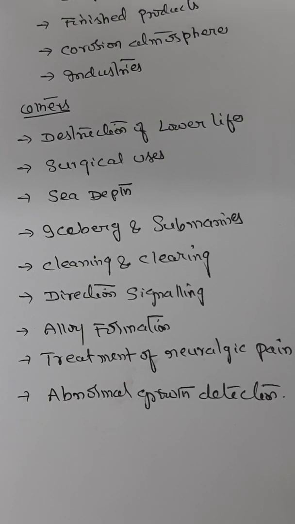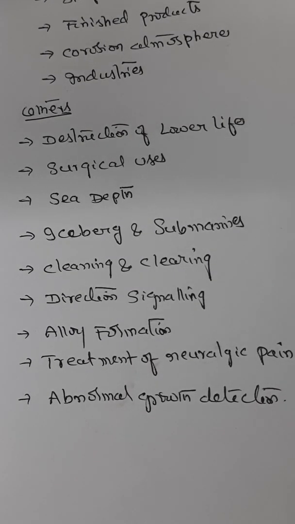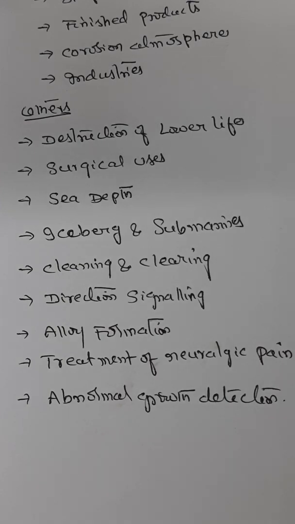And depth of sea. Determining the depth of sea is possible. Depth of sea or lakes, position of a ship or a submarine, that is possible through the echo principle using ultrasonic techniques. And of course, using ultrasonic techniques, you can have the detection of an iceberg or a submarine. A sharp ultrasonic beam is directed in various directions into the sea. The reflection of the waves from any direction shows the presence of some reflecting body in the sea. That is the basis on which a submarine or an iceberg presence is detected.